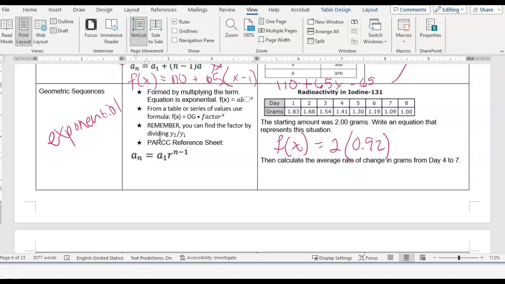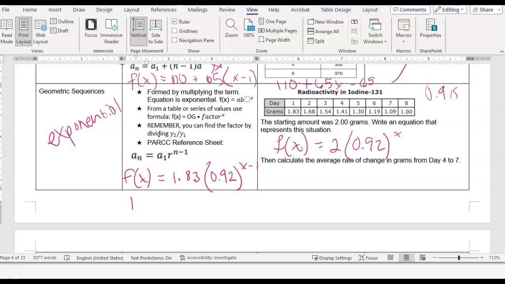Yeah, that looks about right. Or if you wanted to be a little bit more exact, 0.915 to the power of x. All right, so you could also look at this as f of x equals the first term, 1.83. In this case, we're not multiplying by the original term, we're multiplying by the first term, times the rate, 0.92, to the power of x minus 1,